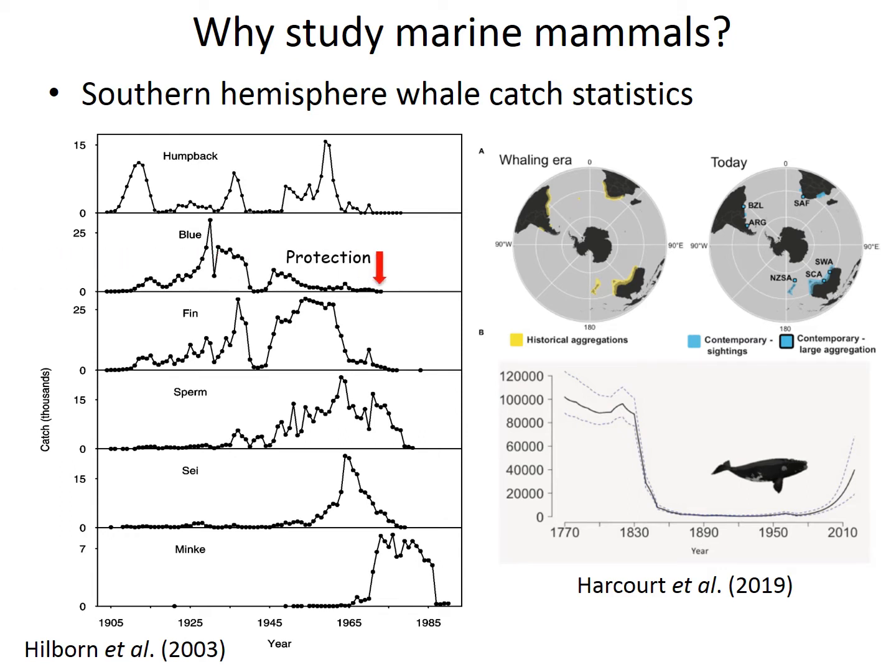So for most of the whales, by the time the protection was implemented, it was too late. For example, with the blue whale, we can see they have collapsed. It was about 1 to 3% of the population that was remaining, and it now requires more information for us to know more about these animals.